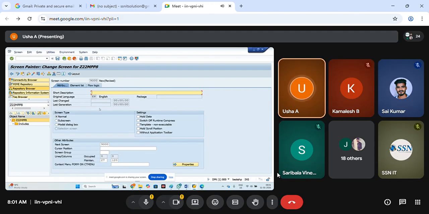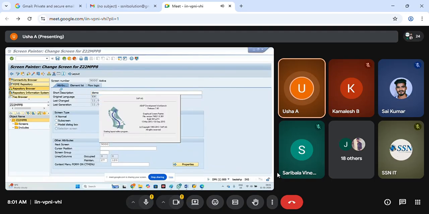9000, demo, and then I'll activate first. Then I'll go to the layout.